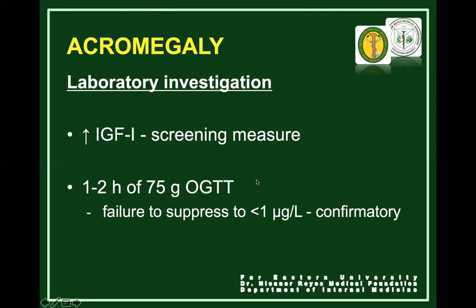So remember, if there is hypersecretion, you have to suppress them. And what can suppress growth hormone is an excess in your glucose, because hypoglycemia will stimulate it. So hyperglycemia will suppress it. So if it doesn't suppress to less than 1 microgram per liter, then that is confirmatory of presence of acromegaly